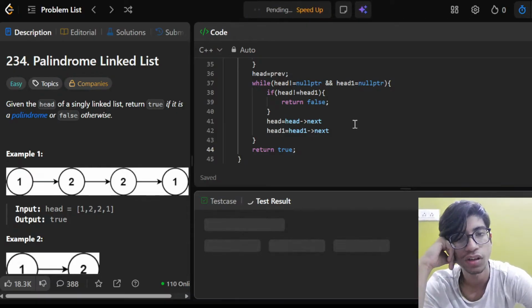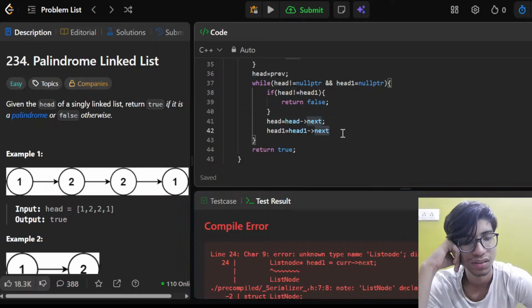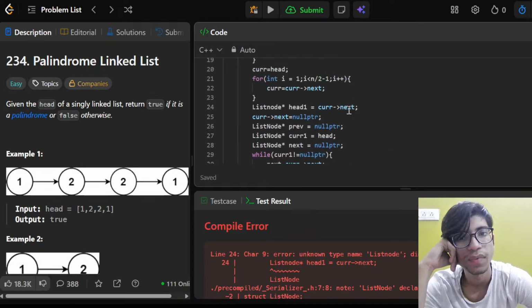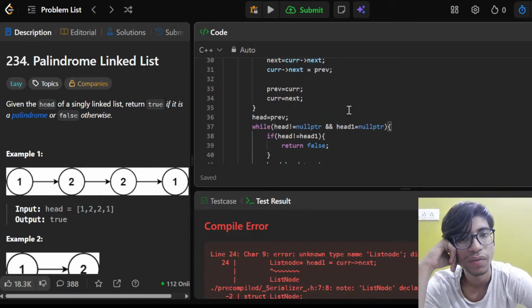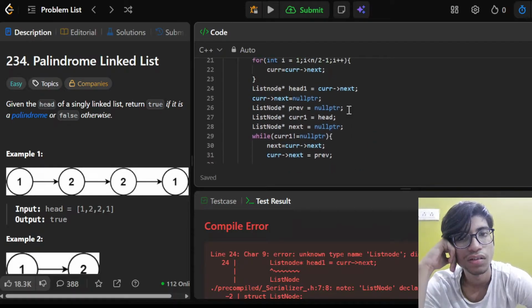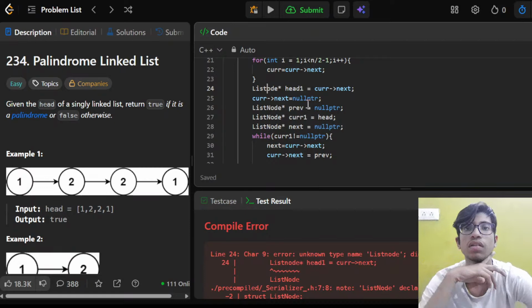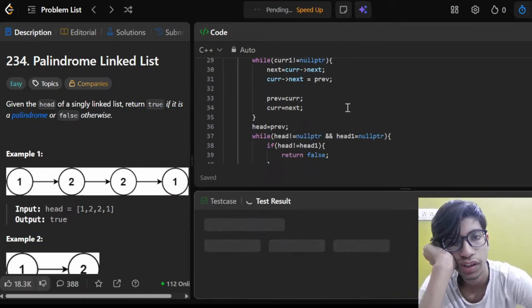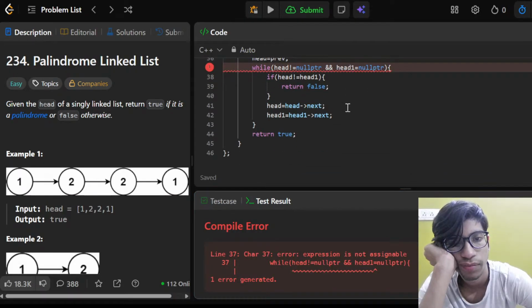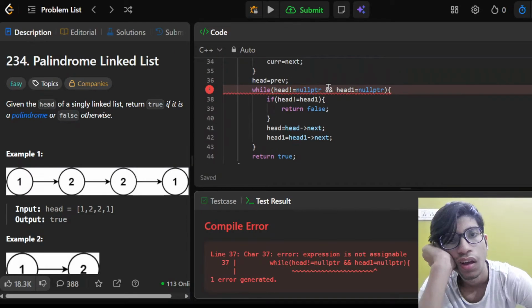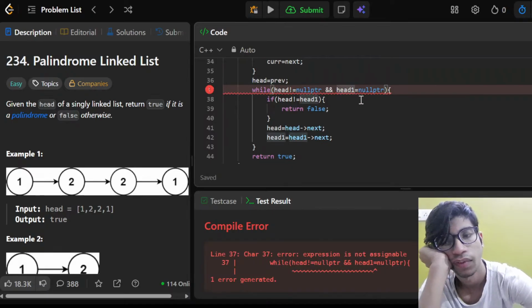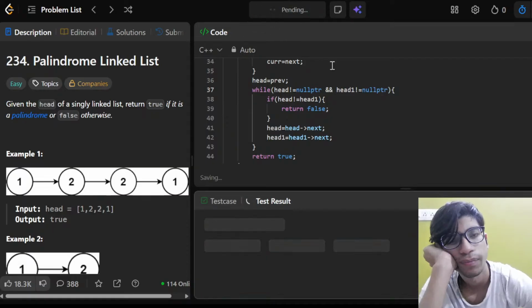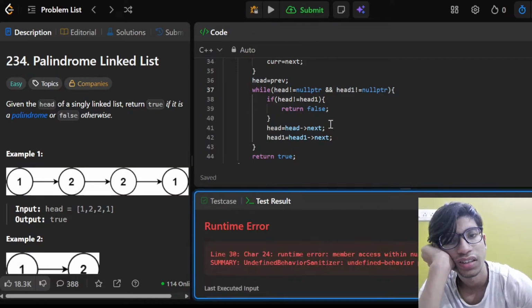Should work. Okay, no, it shouldn't work. No semicolons. Plus this node is problematic. Okay, where did I make this mistake, by the way? List node. Okay, node. Should work this time, I guess. No syntactical errors. Well, okay, not equal to, right? A lot of syntactical errors I see. Now I'll see a index type of problem.